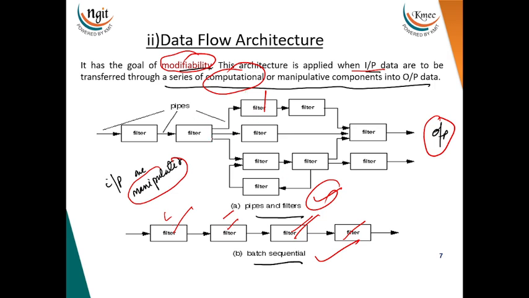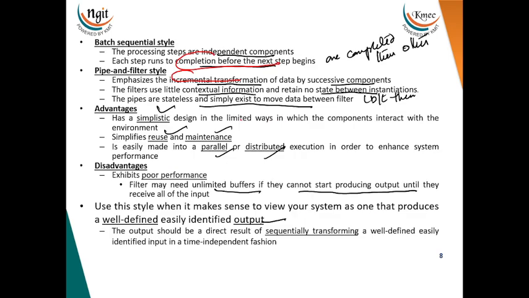Computing in parallel: if you want to calculate 3-4 values, one goes here, one goes here, and it runs in parallel, and you get an output for this one. For this one there is nothing, and for this one, is there any output? Then you go to the parallel complex. It's a simple design with a limited way in which components can interact, and simple reuse, you are able to reuse this. And parallel, as I told, it can merge into parallel and distributed execution. I said to you, the major things: pipes, parallel, and batch,